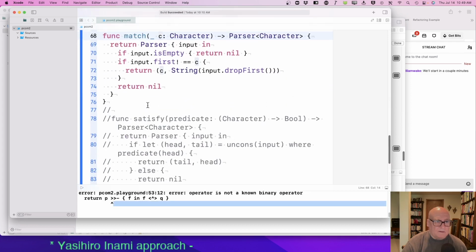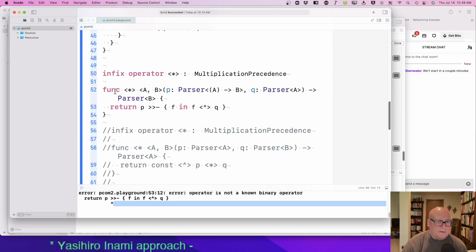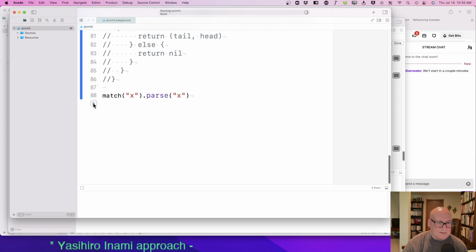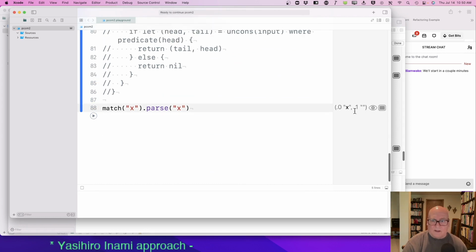All right, let's take this one out too. We're not there. Okay, this thing matched x and returned that. Let's parse x 1, 2, 3. Actually goes back to 1, 2, 3 is the rest. Okay. That much I can understand.